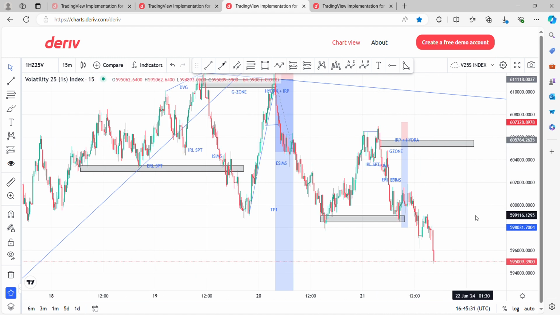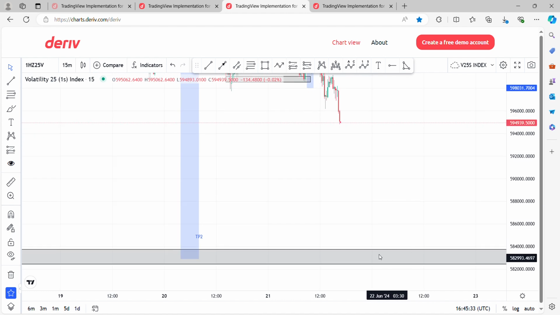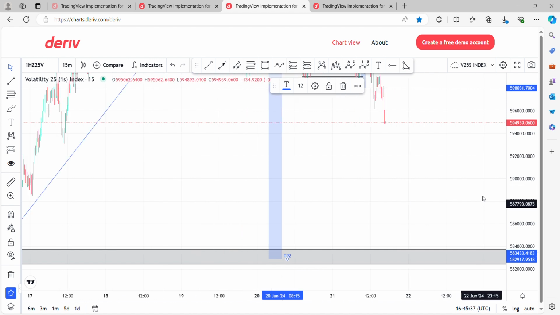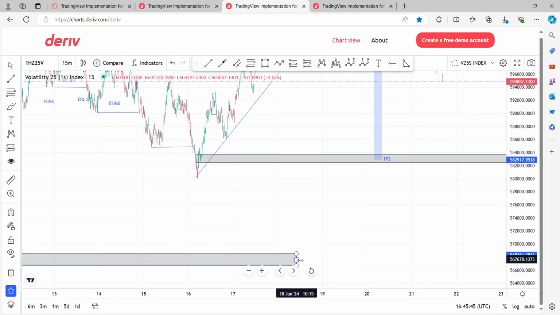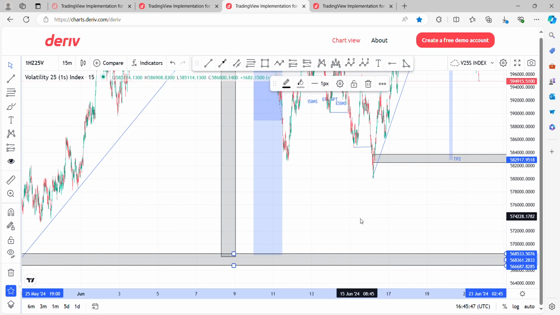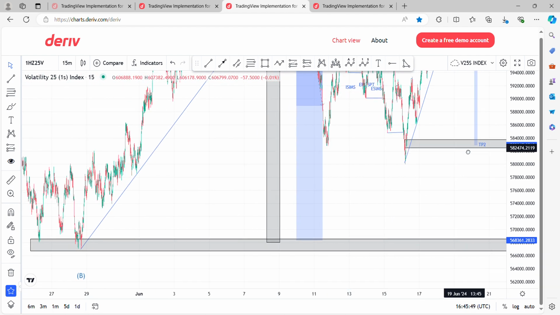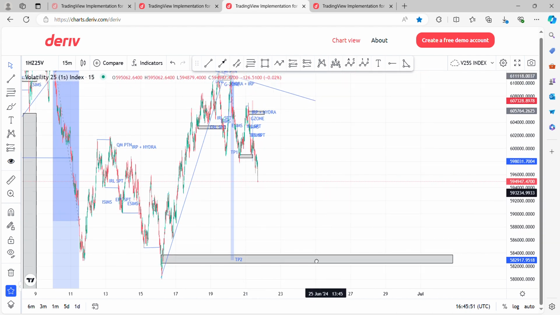Once we take that sell, then we are riding it down here. This is our final TP. But when price gets to this zone and it gets broken out, then we know that we are in for the long term sell. So we can be targeting there as our next TP. Alright, so that is that on these two indexes.